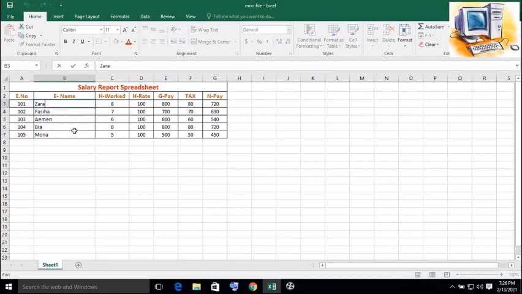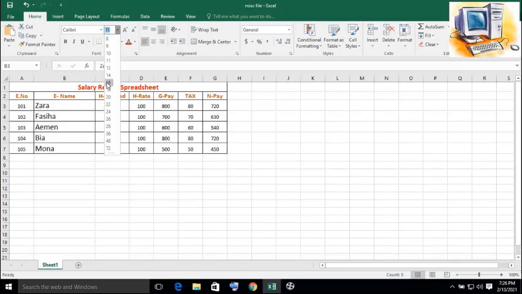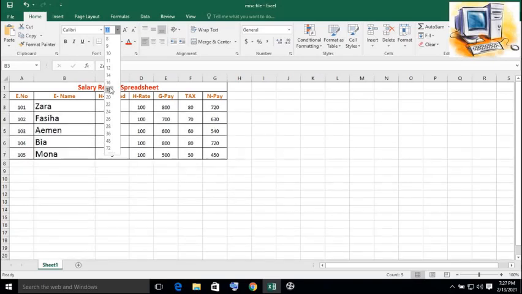So let's say I am selecting the names of employees and I want to increase the font size of the names. Currently it's 11. Let me make it 16 or 18. So this is how the font size can be increased from here.